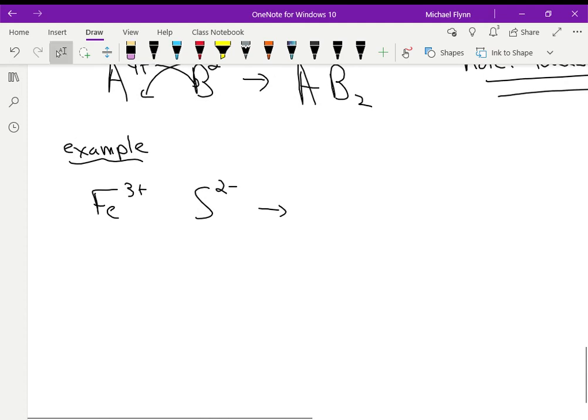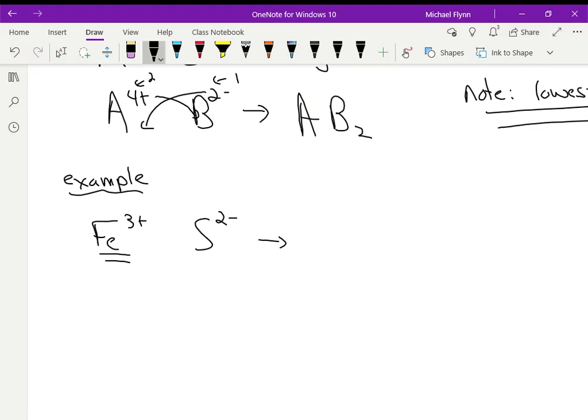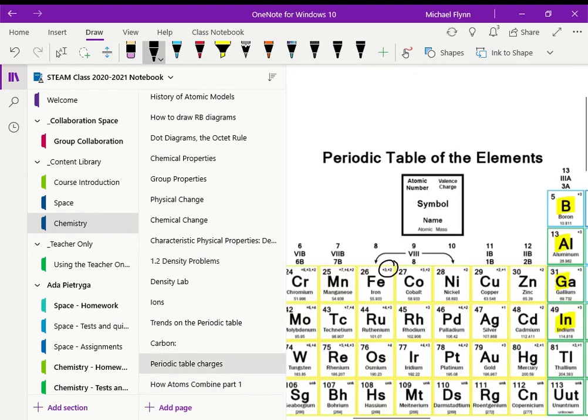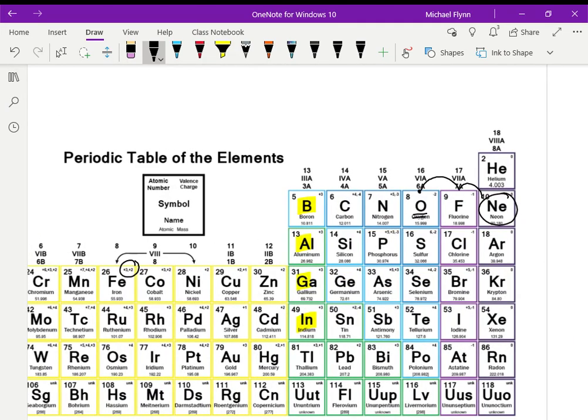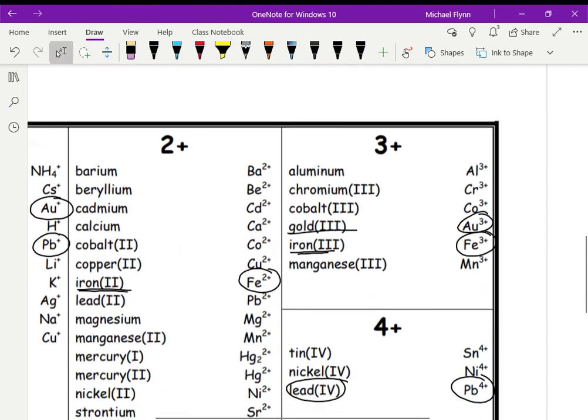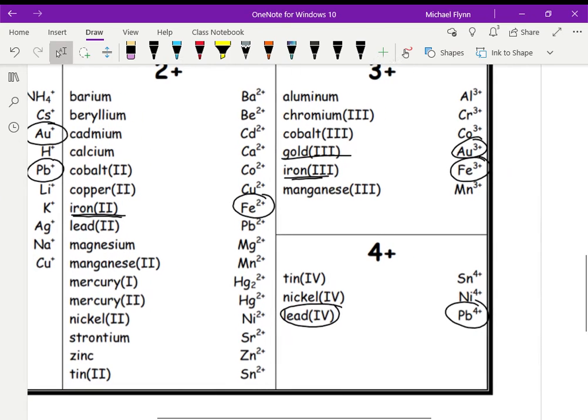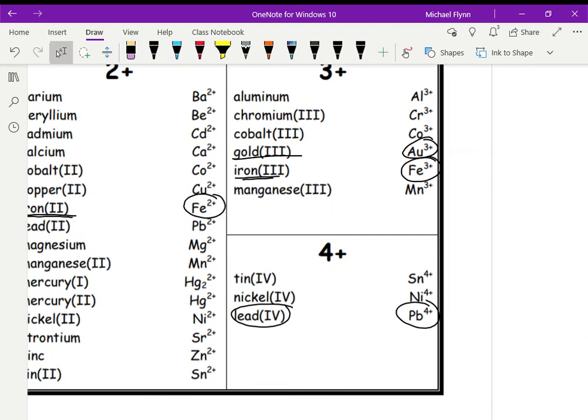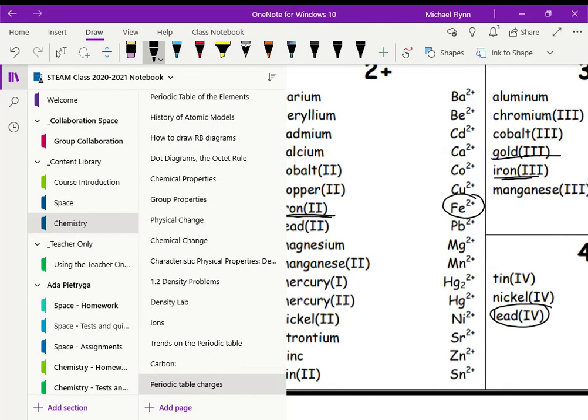All right, here's some examples. I'll just do a couple of examples. I picked this one on purpose, iron. Iron is one of our multivalent guys. So if we go back to the periodic table, remember that you always get this table. So iron is on the list, and if it's iron 3 plus, it has this charge, Fe3 plus. Okay. So now going back to